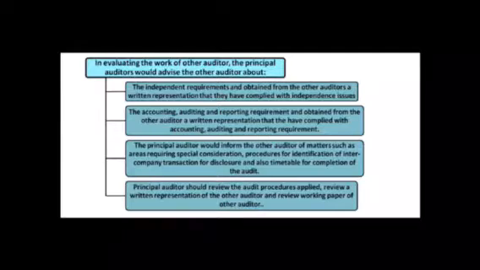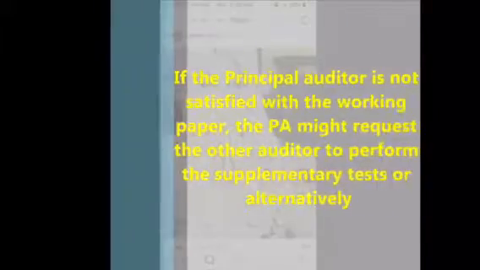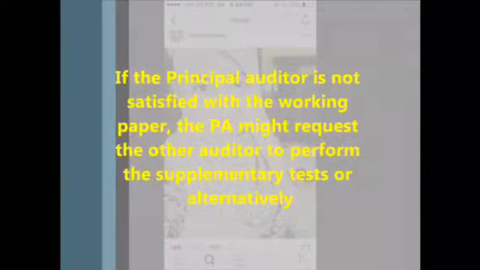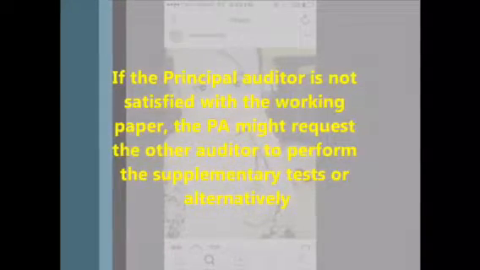The principal auditor would inform the other auditor of matters such as area requiring special consideration, and principal auditor should review audit procedure applied, review a written representation of the other auditor, and review working paper of other auditor. If the principal auditor is not satisfied with the working paper, the principal auditor might request the other auditor to perform the supplementary test, or alternatively,